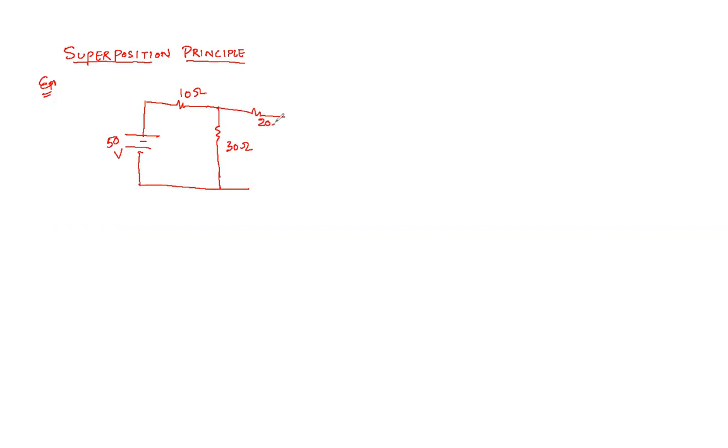Using the superposition principle, how can we solve a circuit? I'm taking a basic circuit as an example and we will understand it. It is given that this one is a source, and you have to very carefully remember a few things while solving the circuit. So this is 50 volt and we have one more resistance in between here. This is 30 ohm and here we have 20 ohm.